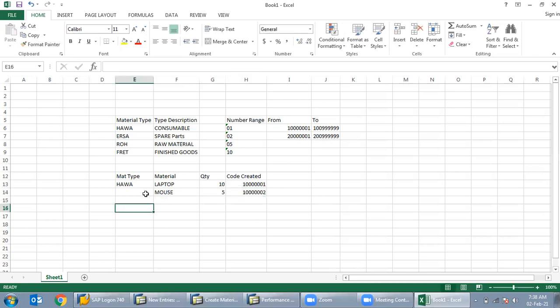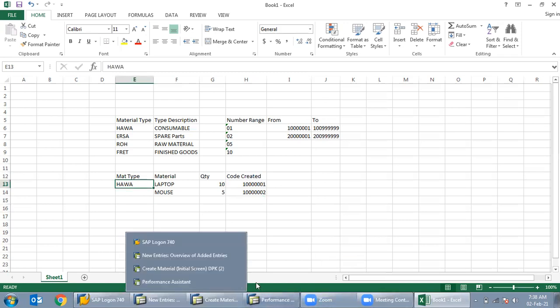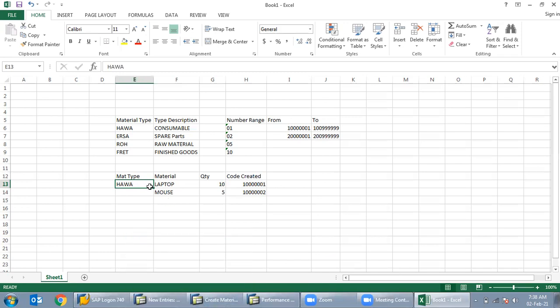Understood. So the user is not creating the material type. We have to give the material type by configuring it, and define what the number range is for that particular material type. Different material types have different numbers for generating. So when the end user is generating the material, there should be number ranges in the background which we have to create and map with the material type. That is the job, na. Understood.